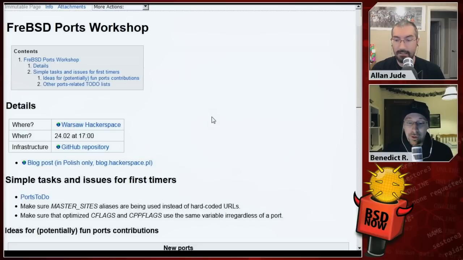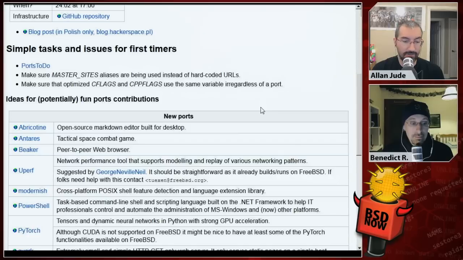Okay. And I will heckle him until then. There's a FreeBSD ports workshop in Poland at the Warsaw Hackerspace, February 24th. So that's this weekend at 5 o'clock. If you're interested in getting involved in ports and you're in Warsaw, Poland, check it out. They have a list of ports they're suggesting people work on.